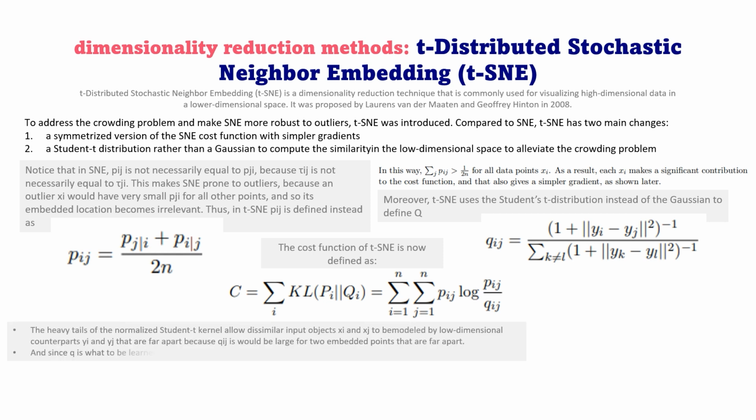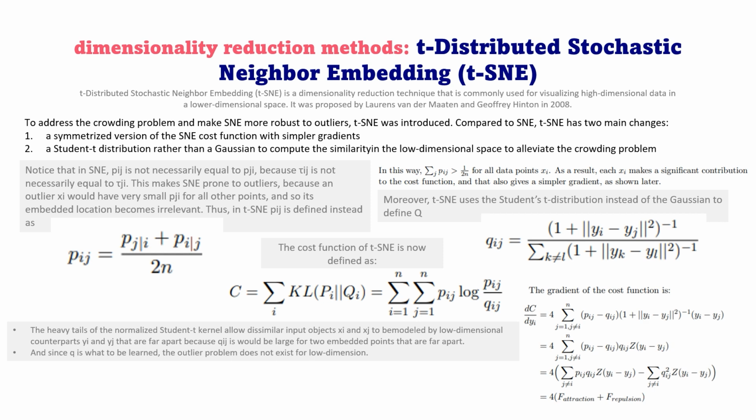Now it's time to apply the gradient of the cost function. So this is what we do. The gradient of the cost function can be calculated by dC divided by dy sub i, taking the derivative of the respective cost function, and what you get is 4 times the sum of attraction plus repulsion. So these are the two components which will be left. Here z is equal to the sum of (y sub k minus y sub l) whole squared, and the derivation can be found in the